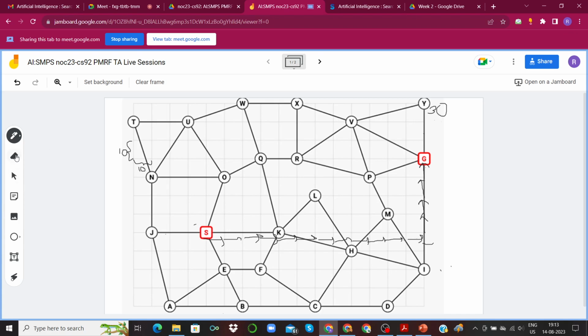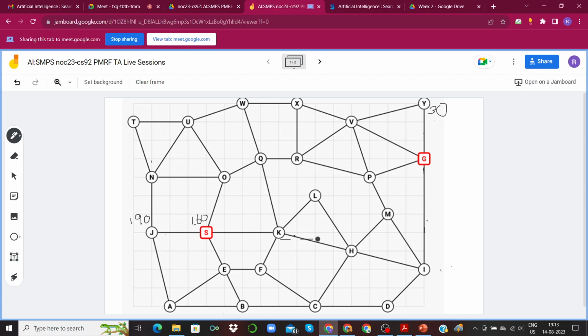It is 160, not 150. Okay, so the heuristic value for S is 160. For J, it would be 190. For K, let's see, it would be 120, right? Let me just verify.